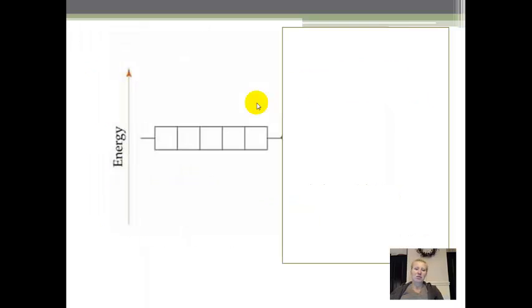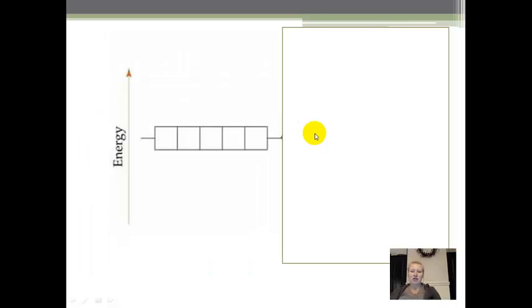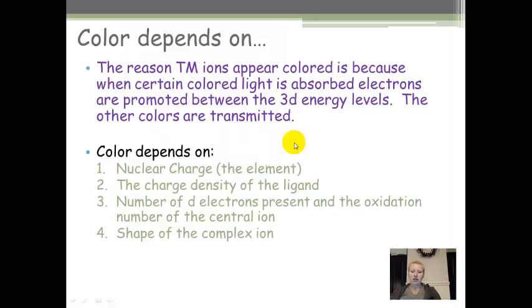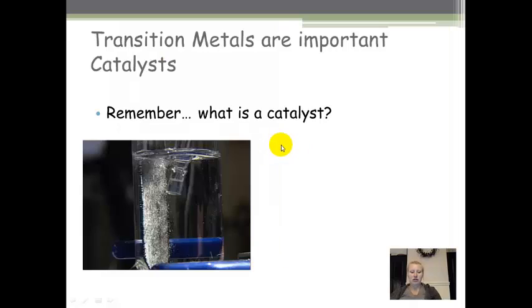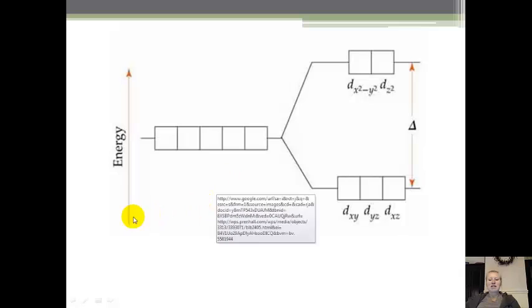So here's an example. This is what your d orbitals look like. However, we lied to you. Okay, so here's what the d orbitals look like, or actually what you have been led to believe they look like. And now we're going to let you in on a little secret, and that is that the d orbitals